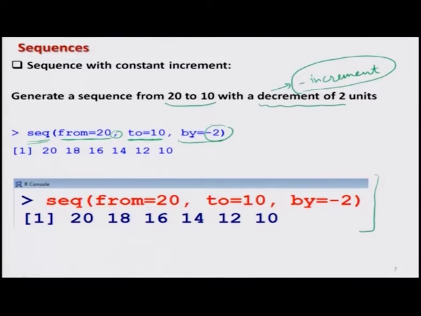And as soon as I do it, I get the values from 20 to 18, something like 20 plus minus times 2. And this gives me the value 18. From 18 to 16, this gives me 18 minus 2, that is 16, and so on. This continues up to 12, where I get 12 minus 2 equal to 10. And this is the screenshot of this operation, which will give you confidence that whatever we have done really works well,